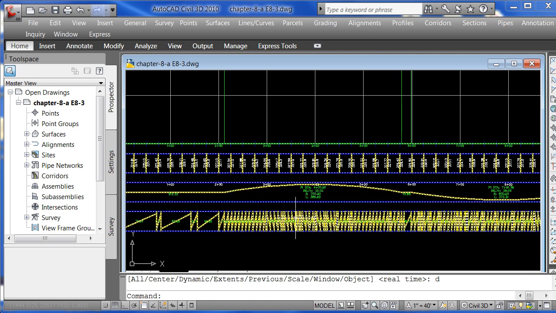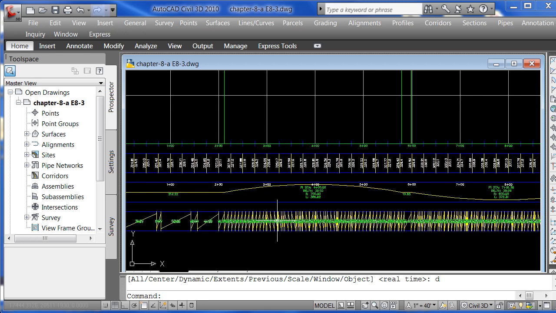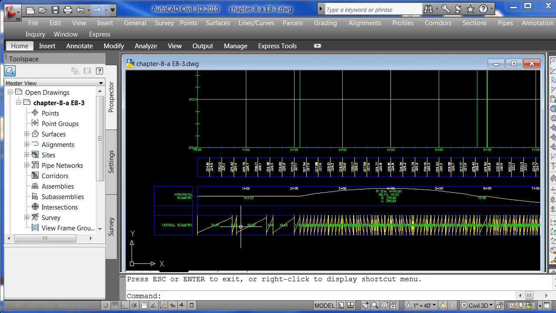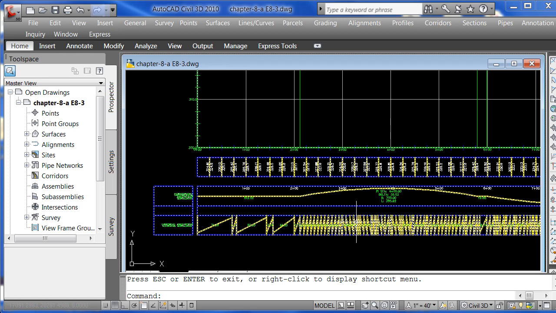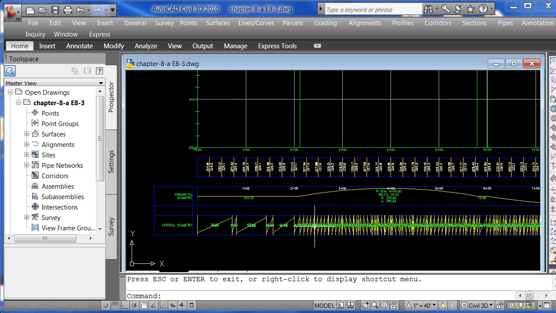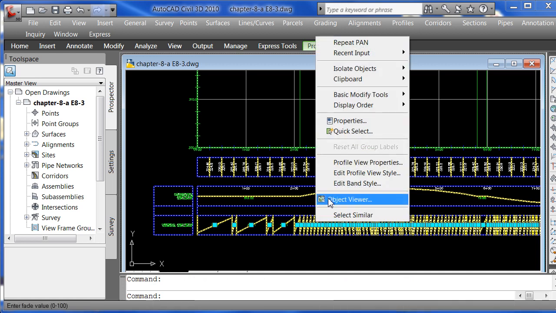But since this is the existing down here, the one with all these little squiggly lines, it doesn't really do us a whole lot of good. What we want to do is replace these squiggly lines with the geometry of the proposed alignment, the vertical alignment. Okay, so the way we do that is we go ahead and right-click